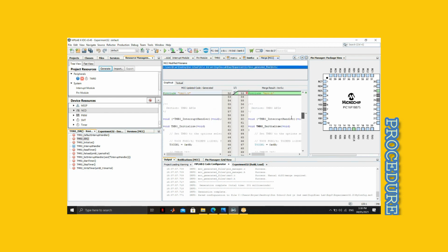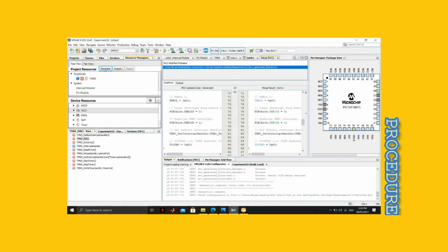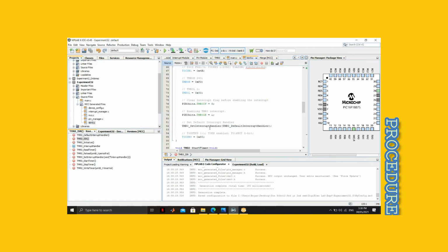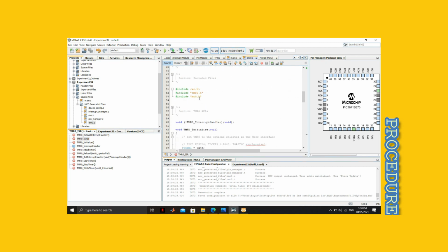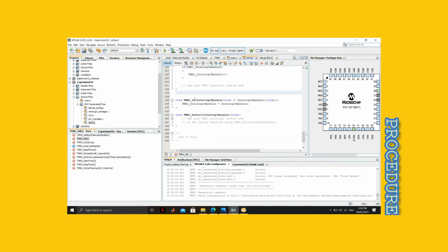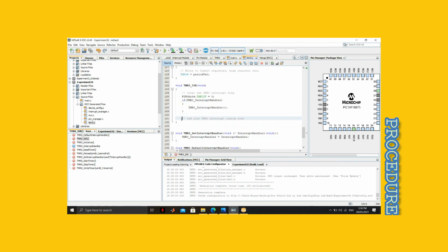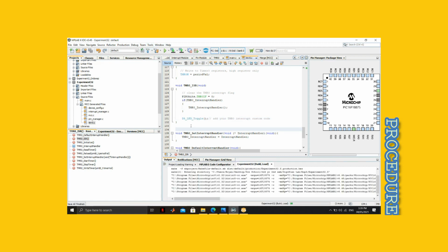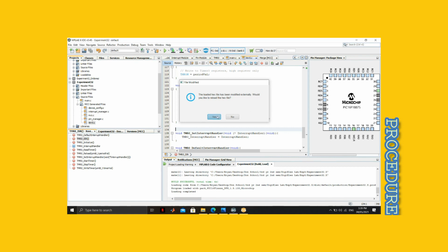So that should be it. After that, click generate. So after generation is complete, go to projects, tmr0.c, make sure that mcc.h is included. Go to TMR ISR. Now here we would add again our code. We have D5_LED_Toggle. And after that, click build. So would you like to reload your hex file? Yes. After build is successful,